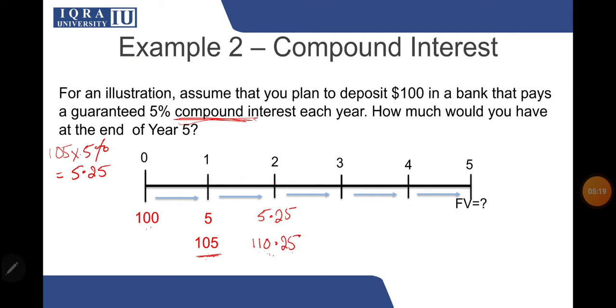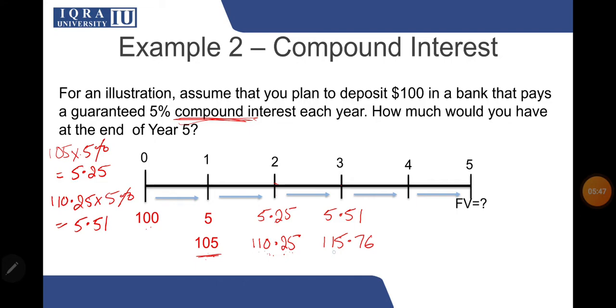From the start of the third year till the end of the third year, you will get interest on this 110.25. So 110.25 multiplied by 5% will be 5.51. So your account will be